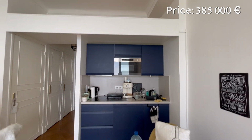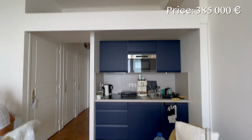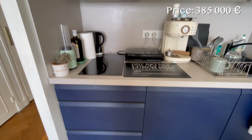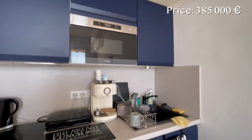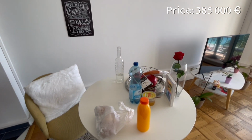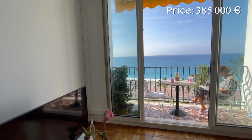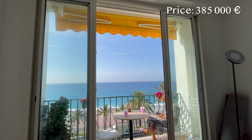Then I'm gonna take a look at the kitchen here, which is really nice. There's some storage space on the top shelf, which I'm not really sure how to access, but it's there. So the kitchen, I guess, is an open concept. It's navy blue with all the new modern appliances. And I guess it's functional with a little dining room table right there. Small but efficient. And then there's a TV and the terrace, which is the main focal point of this apartment,